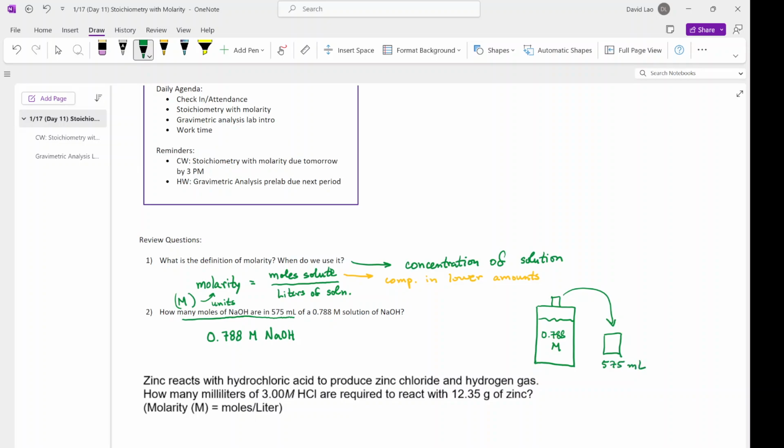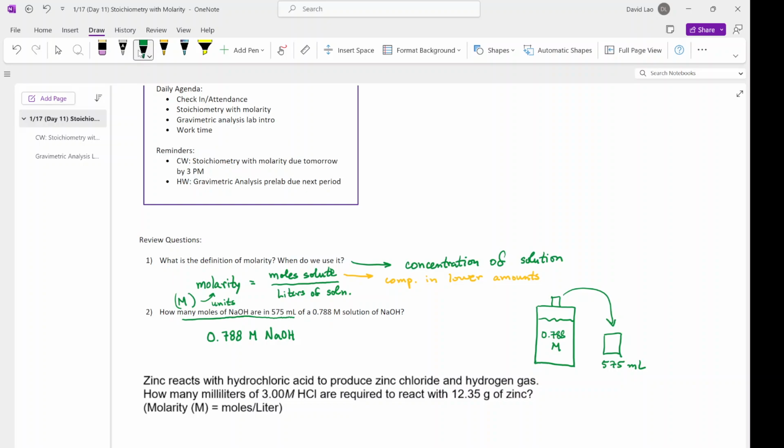A couple things to kind of note here. One, no matter how much you pour out, whether you pour out a little bit or a lot, the concentration is going to be the same. The analogy is that if you pour out some orange juice, the orange juice in the original bottle is going to taste just as sweet as any amount that you might pour out into a glass, right? Whether you pour yourself a small glass or a large glass, the concentration of sugar is the same. That is, it should taste the same regardless of what container it's in